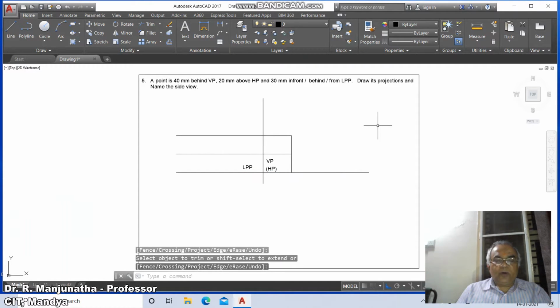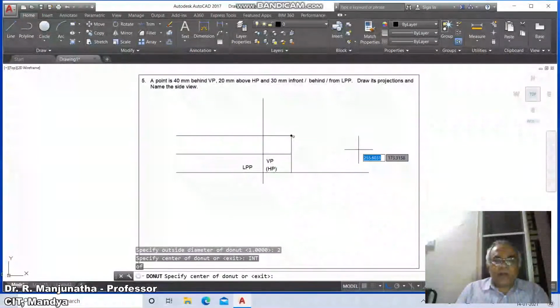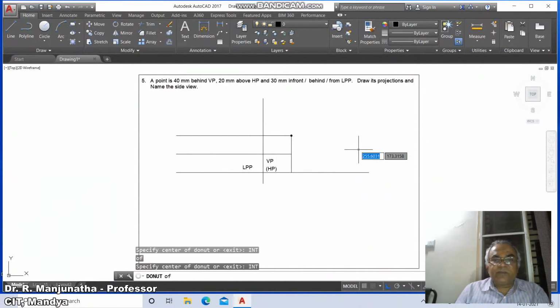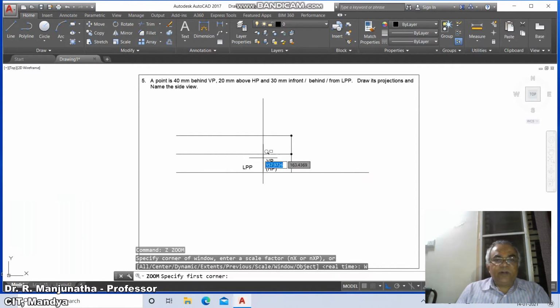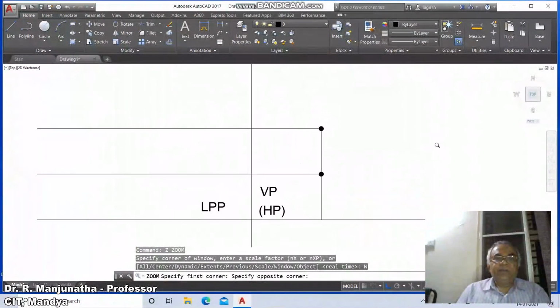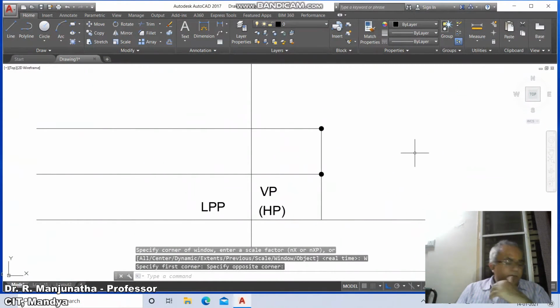Now we need to go for donut, so donut, type 0 and outside diameter as 2 and take intersection of this, and also intersection of this. We have the 2 points here, zoom window, you bring it near to the screen, and then here the top